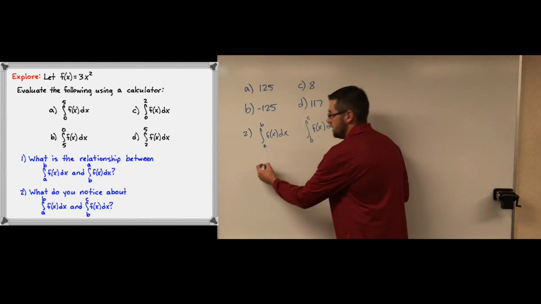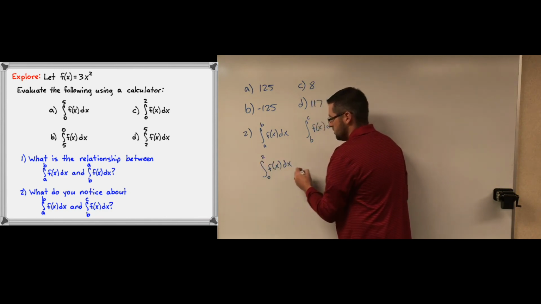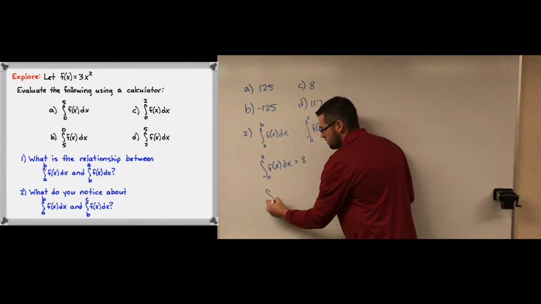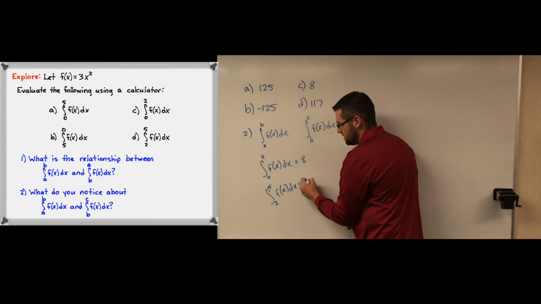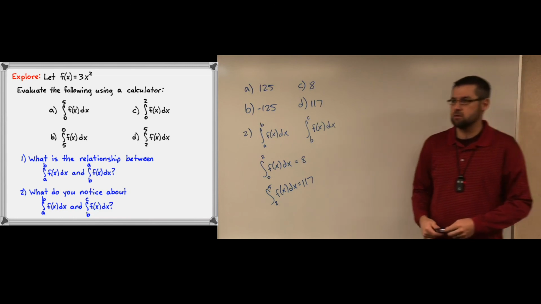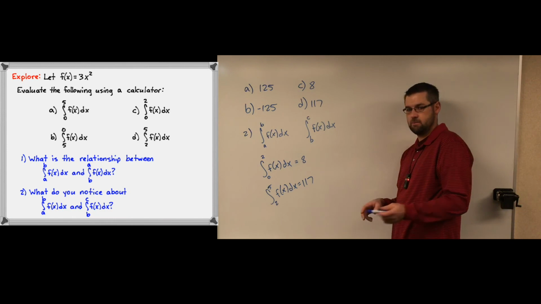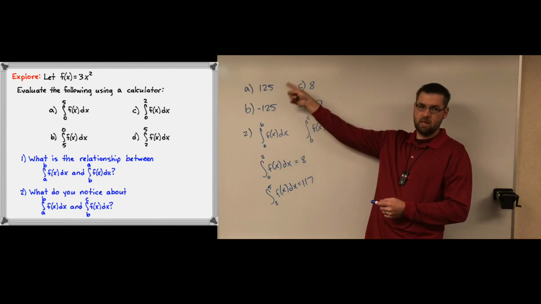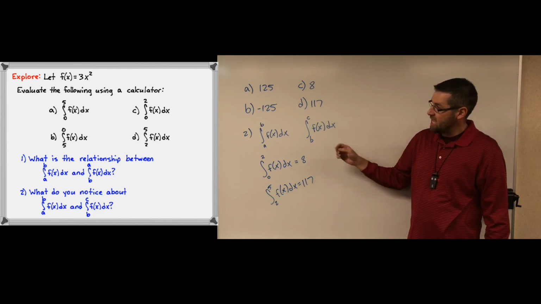C and D. So let's look at that concrete example here. The integral from 0 to 2 of f of x dx is what? 8. And the integral from 2 to 5 of f of x dx is 117. We kind of talked about this one yesterday. What's the relationship between these two? If you add these up, you get A. Well, why is that? Because A is the integral from